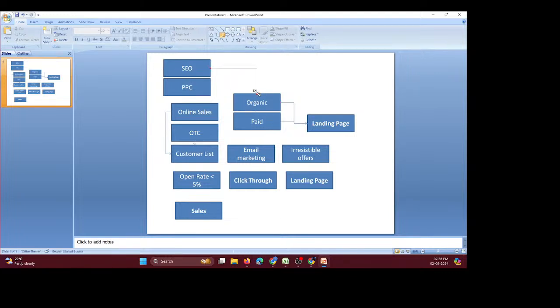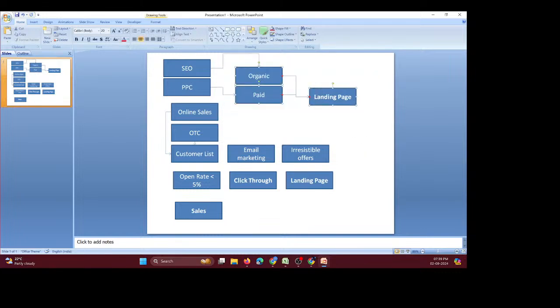SEO will come through organic, PPC will send paid traffic. So this is what we have. The landing page will grab the email ID and details of the customer, so that will again come to the customer list. So what we can do is, this goes a little bit here,